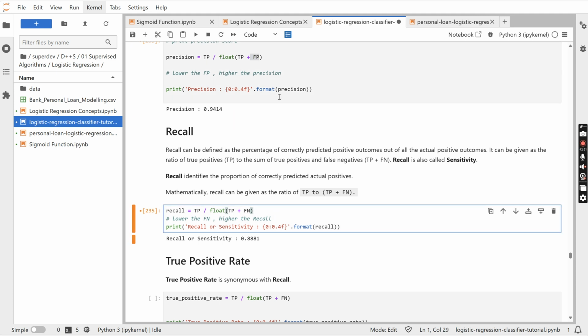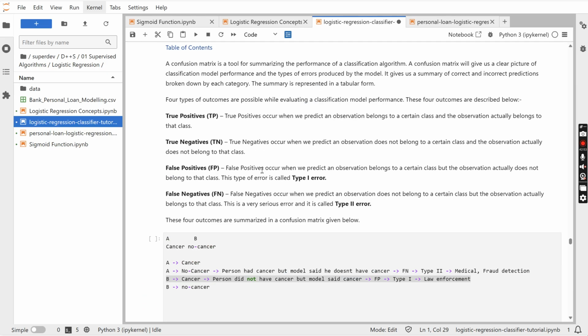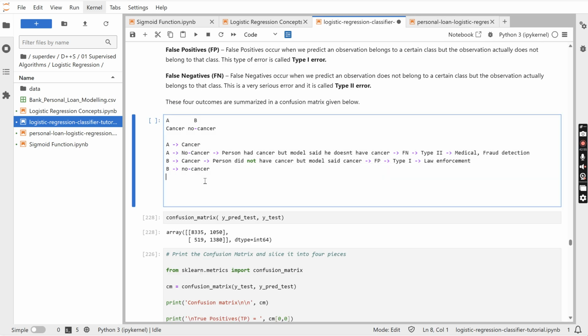If you go back to the same example above, it's easy to explain here. False positive is this: the person did not have cancer, but you are saying he has cancer, that also means that the person who had a cancer, sometimes you